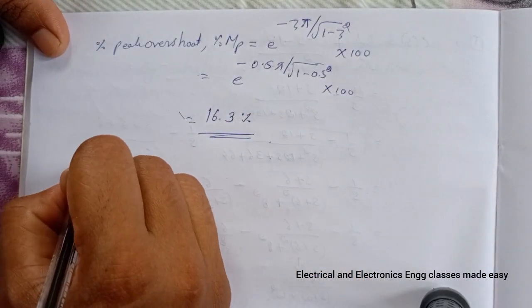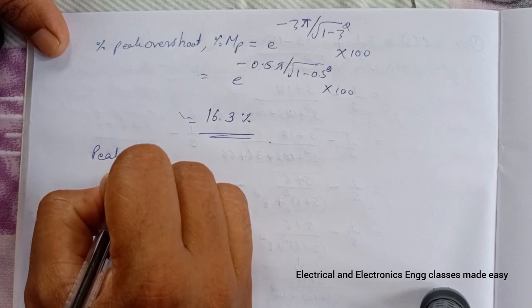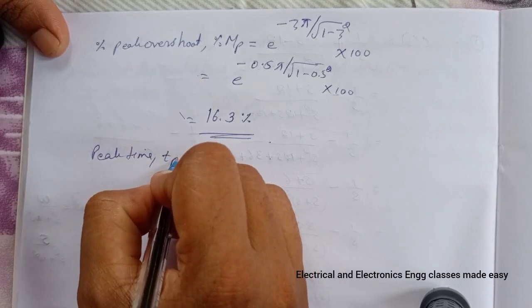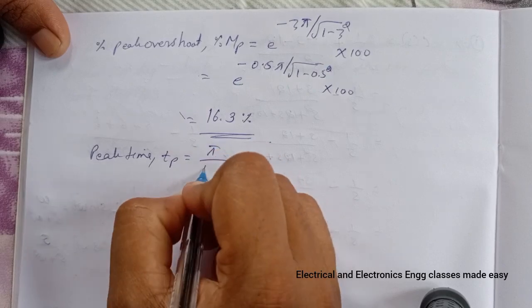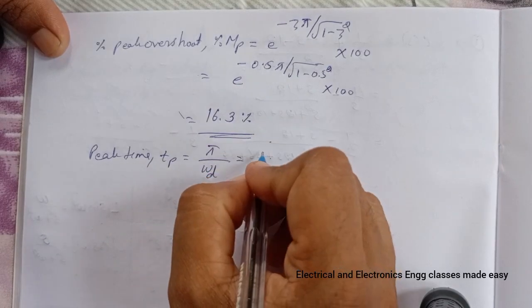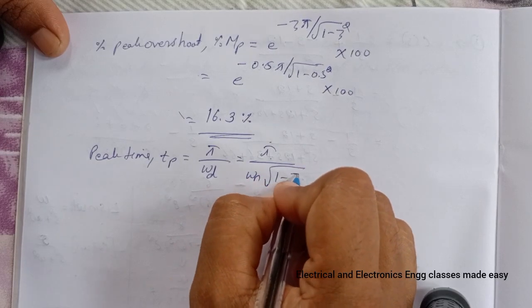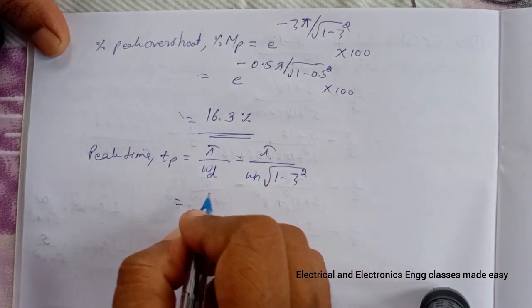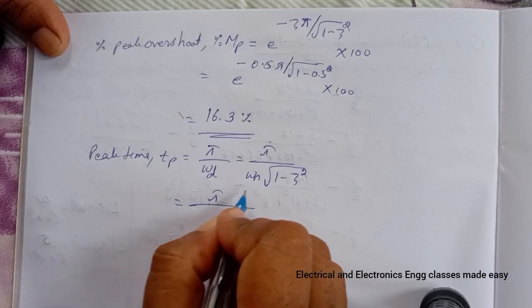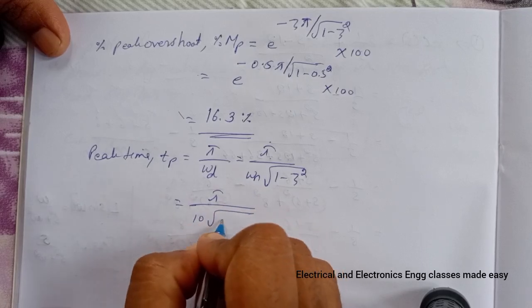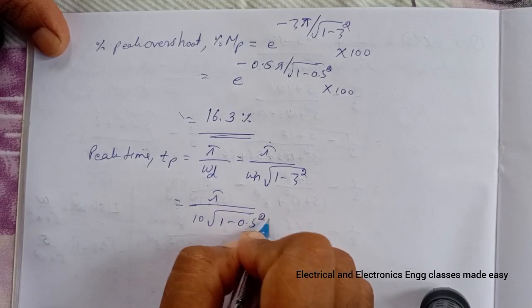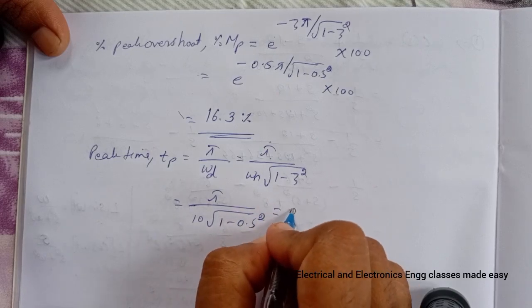And to find the peak time, Tp is equal to pi divided by omega d, and that is pi divided by omega n into square root of 1 minus zeta square, and that is pi divided by 10 square root of 1 minus 0.5 square, and we get